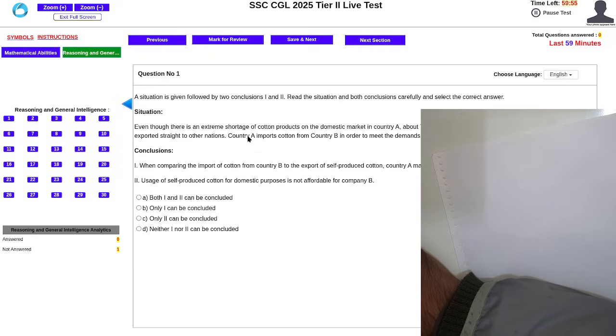Even though there is an extreme shortage of cotton products in the domestic market in country A, about 70% of the country's cotton production is exported straight to other nations. Country A imports cotton for contributing to main demands of its citizens. When comparing the import of cotton from country B to the export of usage of self-produced cotton production is not affordable for